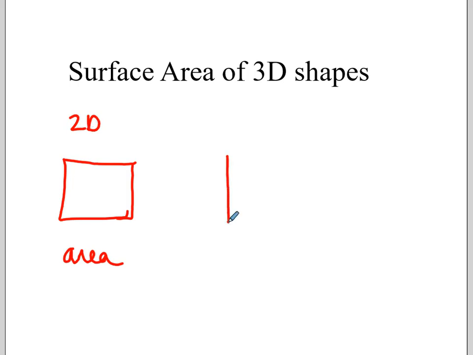Okay, so we're going to look at something called the surface area of 3D shapes. If the shape is just 2D, so if we just had a square, oops, better get a pen here. If we just have a square like this, then we're just finding area. That's because this is 2 dimensions, it's flat on the board, there's no depth to this. If we turn this into a 3-dimensional shape, some sort of box or a cube, then we're looking at surface area,